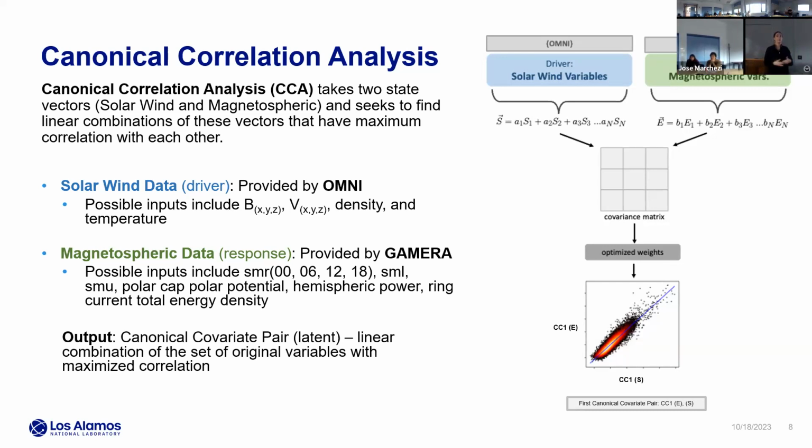Yeah, for example, we started with maybe 9 variables in total between the solar wind and the magnetosphere. And so we had to consider which ones we want to start with, maybe a group of 3 and 3 that had the highest potential correlation with the smallest number of variables. So that's also something we're playing around with.